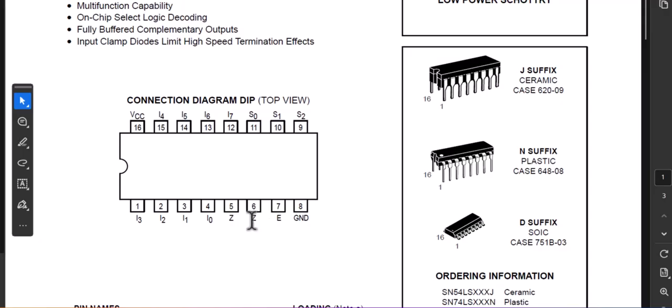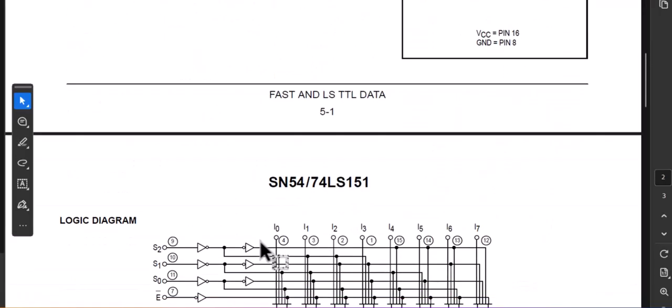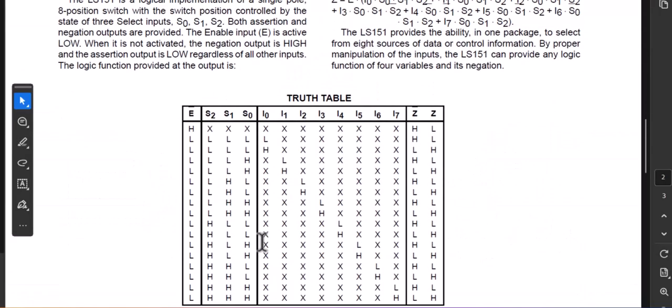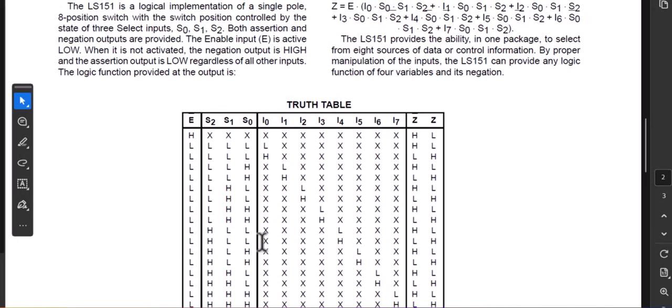So enable just activates the chip. The reason why you have it is because you can chain them together to make different chips and have them enabled or not enabled. Okay, so we have that. Now let's take a look if input needs to be high or low. So if I want 0, 0, 0,